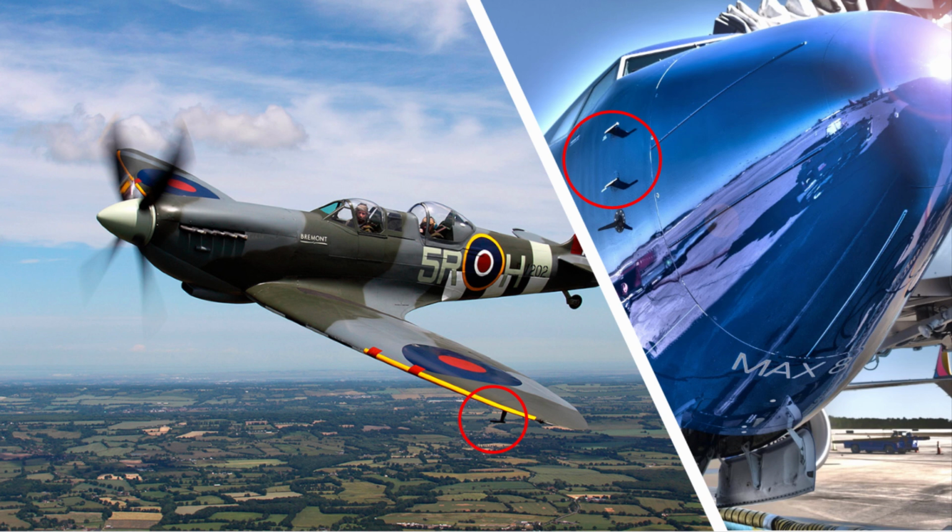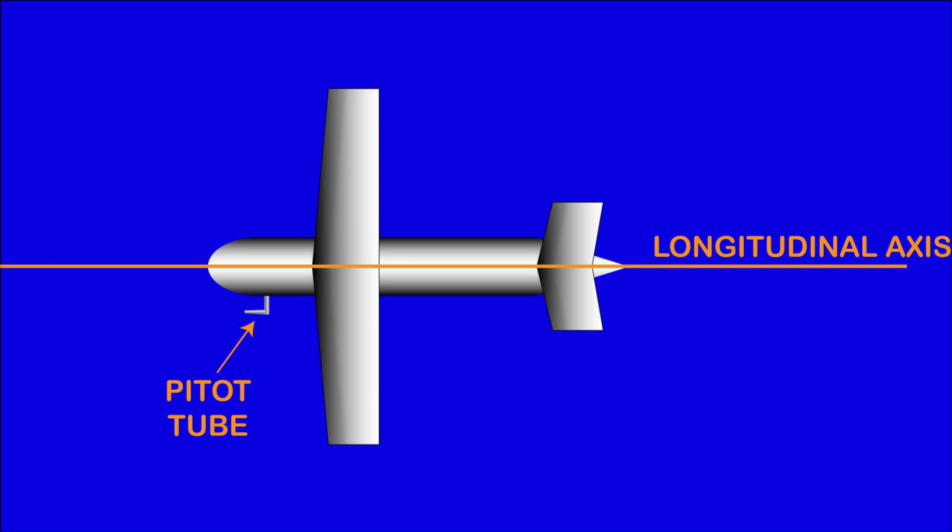The tube is placed outside the aircraft boundary layer to ensure minimal disturbance to the airflow. For propeller aircraft, the tube will be placed in an area that is clear from the propeller wash. These probes are typically mounted close to the nose, at the wingtip, on a pylon extending well below the wing, or at the top of the fin. The tube is fixed parallel to the aircraft longitudinal axis to ensure full dynamic pressure is sensed.